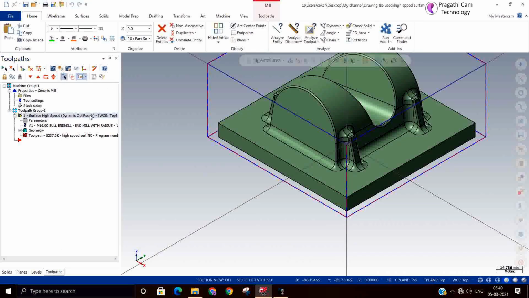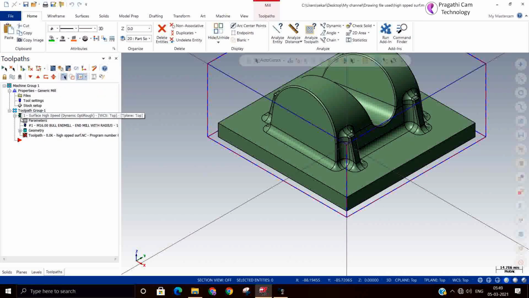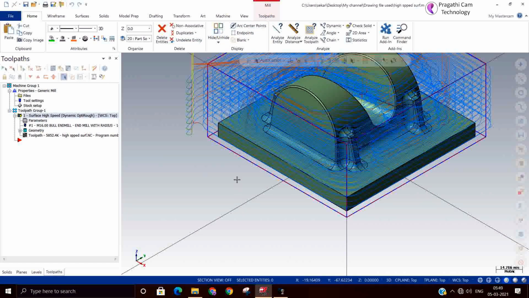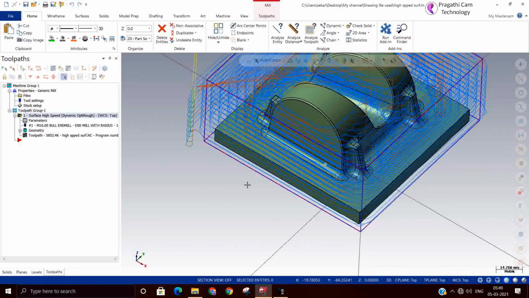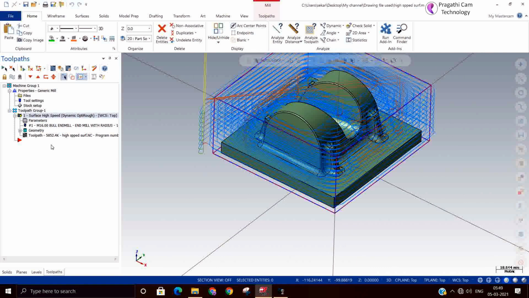If you want to speed up, you can do it. Go to view command. Now you can generate and see. Now roughing we have done.